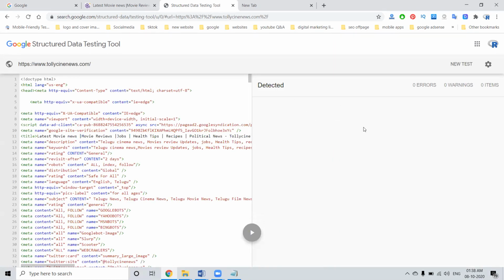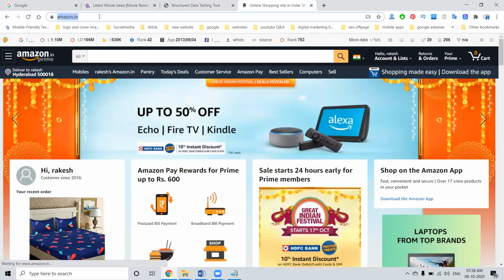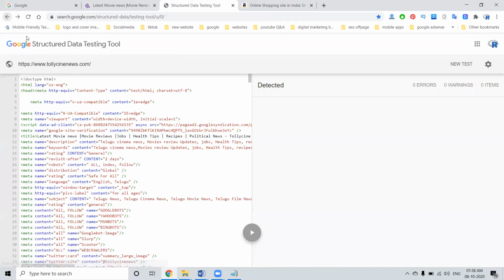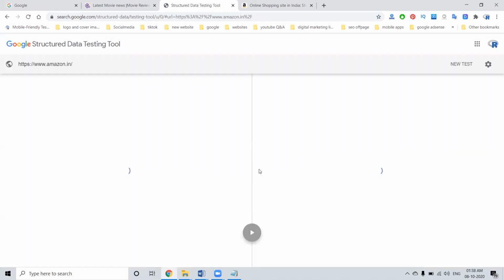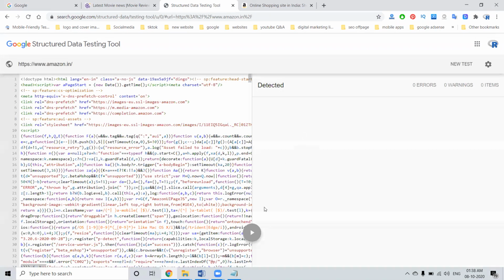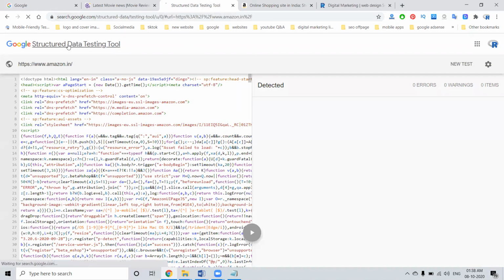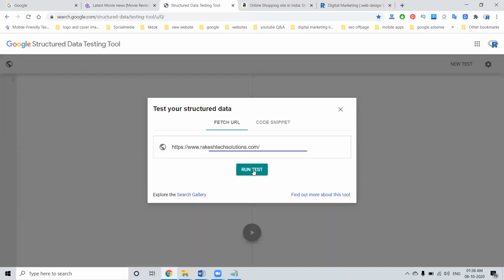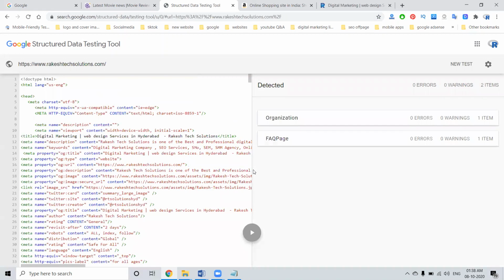Here, no option is detected. Suppose I go to Amazon.in, just showing one of the topmost websites, Amazon. We can go back and test it. They show your code on the right side corner in the particular option. Here it detects the particular code. But they hide the code, so it is not shown in this option. To show you, I can use my website, which has the code. Some websites hide the code in this address.